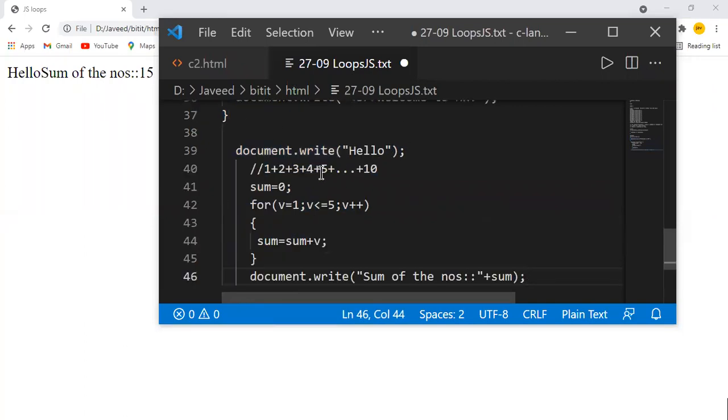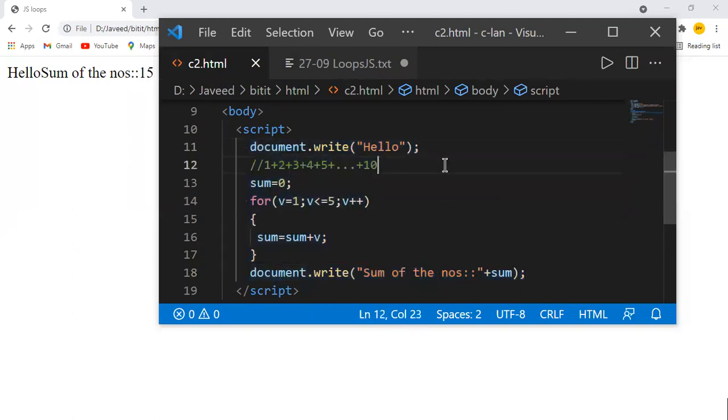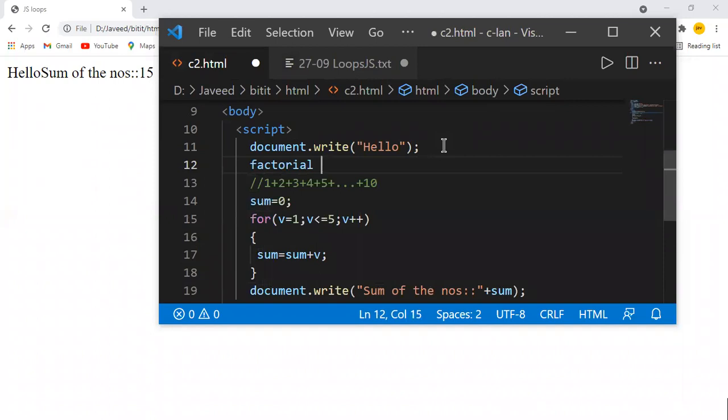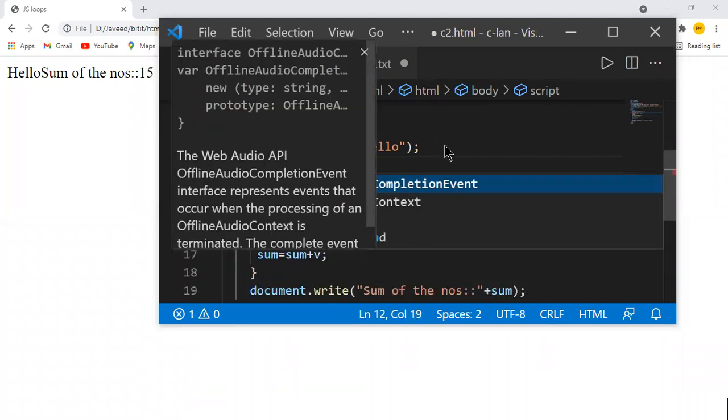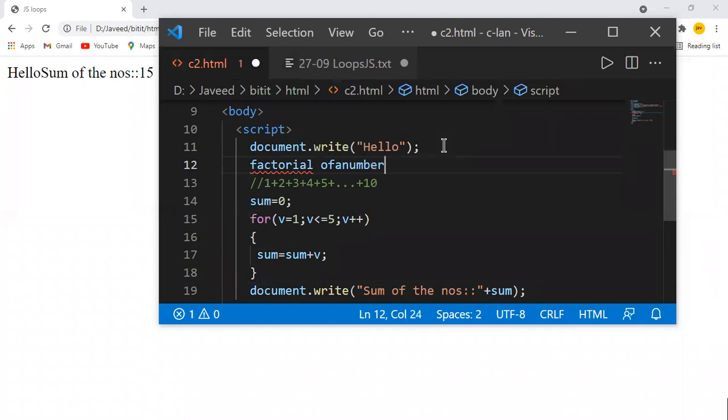Okay, so I wanted to find the sum of the numbers. Now I want to find the factorial of a number. Any idea what a factorial is?